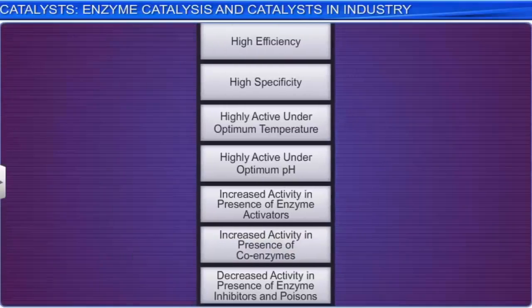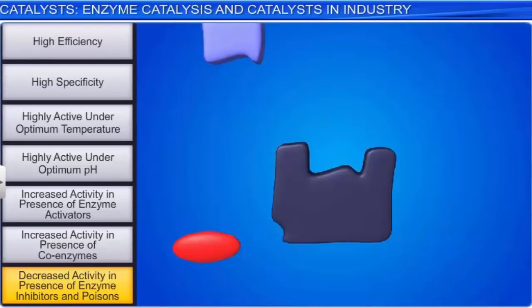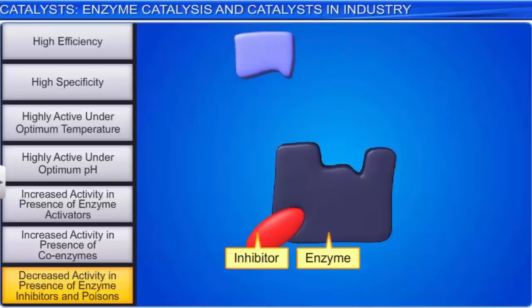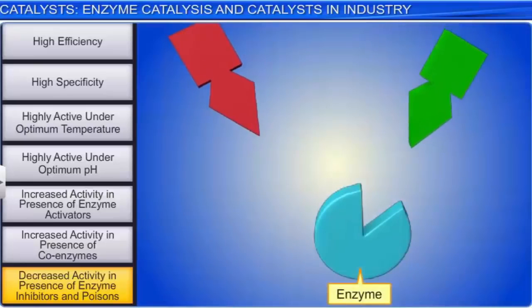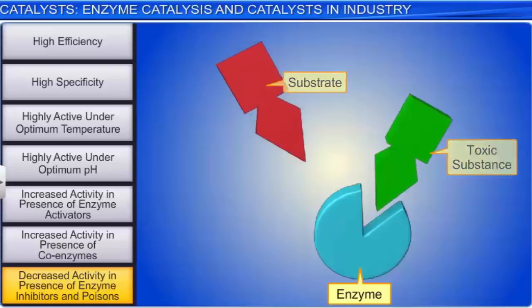The last characteristic of enzymes is the influence of inhibitors and poisons. Some substances slow down the activity of enzymes. These substances are called inhibitors or poisons. Many toxic substances owe their toxic properties to their ability to act as inhibitors to important enzymes that catalyze biochemical processes. Once an enzyme has been inhibited, the process that it catalyzes cannot take